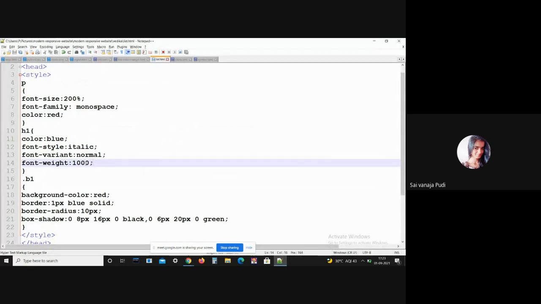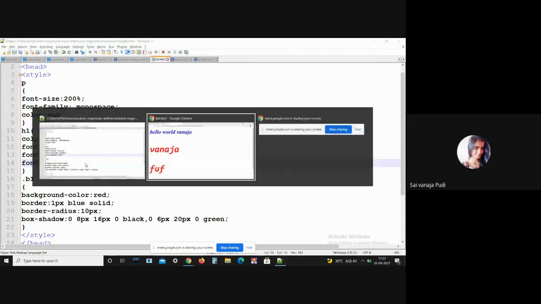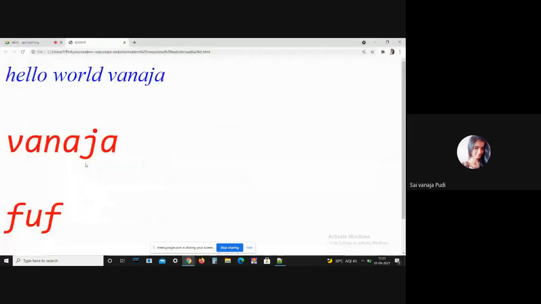If you give 100, see, the weight is decreased compared to the previous one. This is how you can use this font weight property. Okay, this is all about the font style properties, like color, font family, font size, font style, font variant, and font weight.